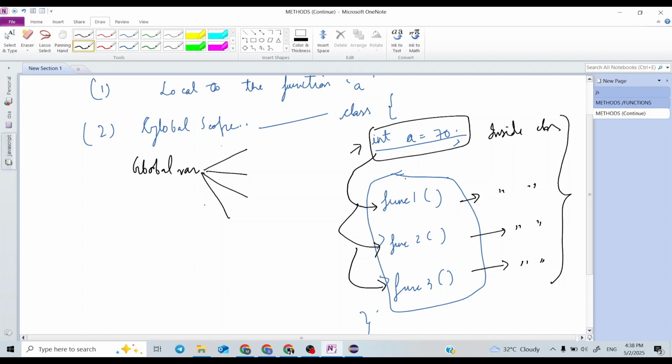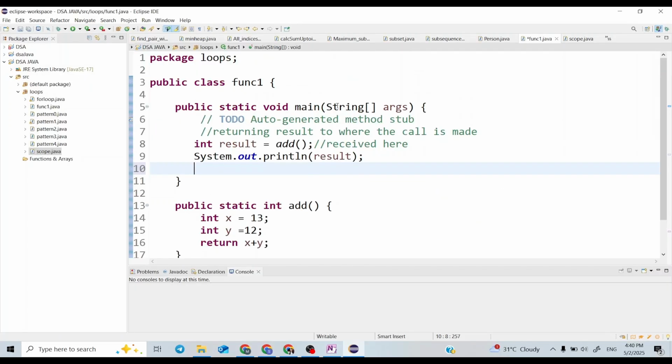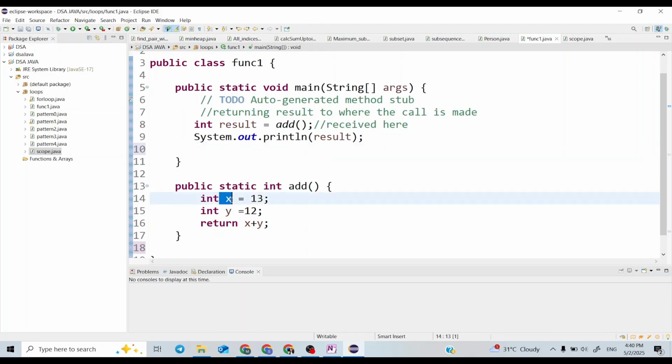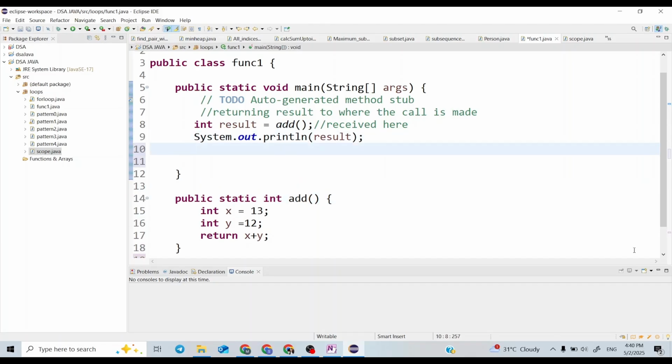So let us see with the help of an example. Let us watch the previous function only, that is add. Here you can see that these x and y are the local variables of this add function. Local means I can't access this x and y outside this function. If I try to access x and y here, suppose I am printing x, you can see that it's giving a warning: x cannot be resolved to a variable. Because when my JavaScript interpreter reaches this line and sees this x variable, it looks for this x variable in its scope. What is the scope of this x?